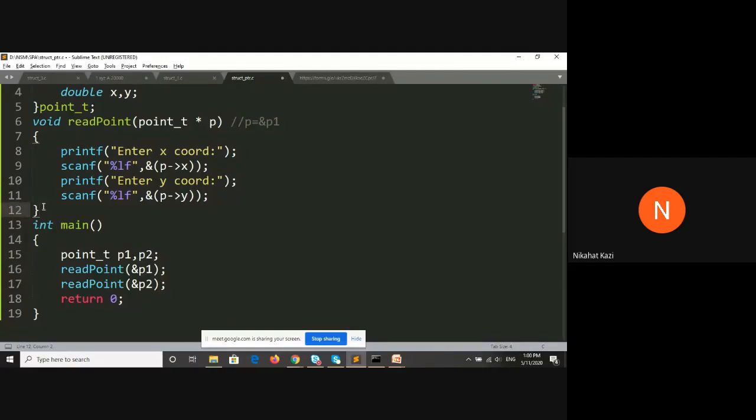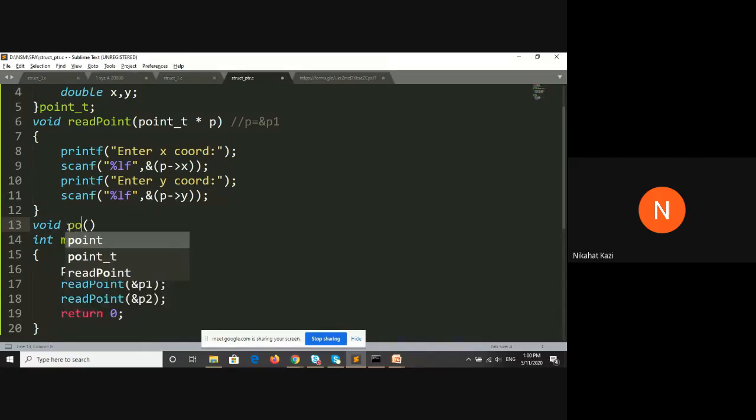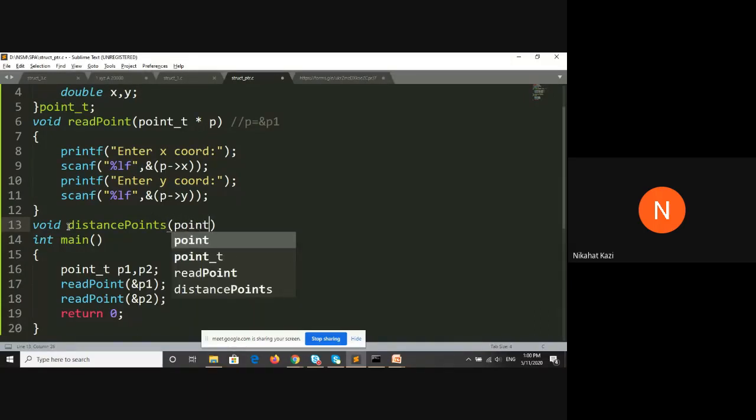Okay. So the next function is distance between points. Distance between 2 points. We'll take, again, the question says use pointers.